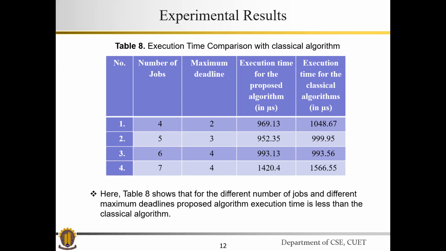The agent time of the proposal algorithm is 952.35, and the agent time of the classical algorithm is 999.95. As well, for 6 jobs and 4 deadlines, the proposal algorithm is 993.13 and the classical algorithm 993.956. For 7 jobs, for example with 4 deadlines, the agent time for the proposal algorithm is 1422.20